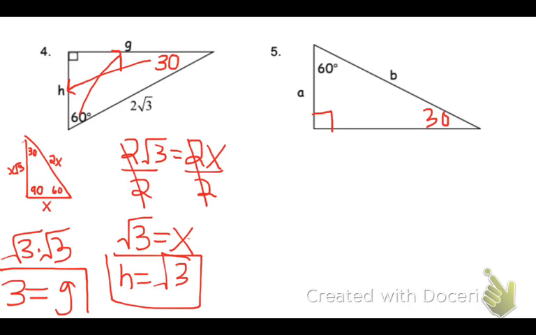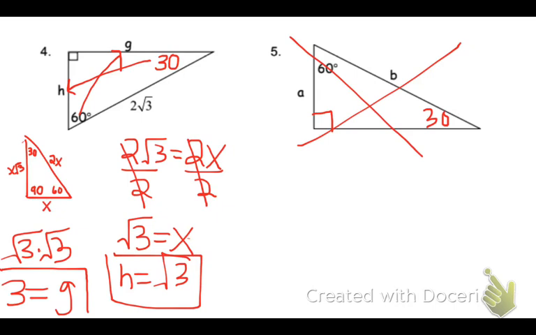Okay, I lied, guys. The more I look at this one, I don't think it can be solved because we weren't even given any side lengths. So I just want you to go ahead and cross off number 5. We don't have to do it because there's not really anything we can do to it. So sorry, that was a mistake, but one less problem you have to do. Woohoo! Alright,